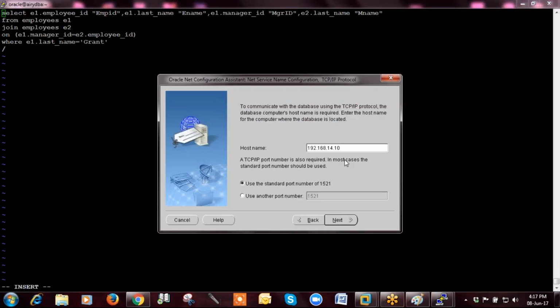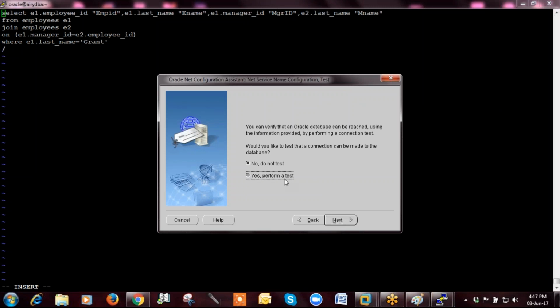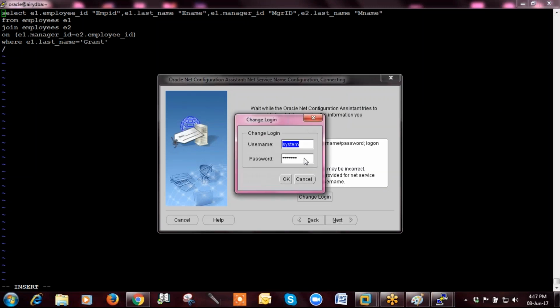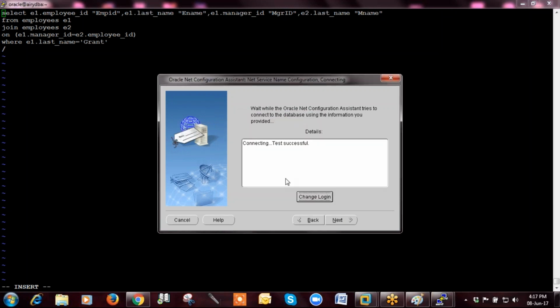Next, perform a test. Next, change login. I will put my password. That test must be successful, right? Thereafter next. It will take some time.